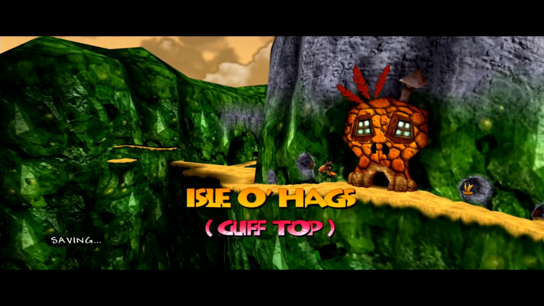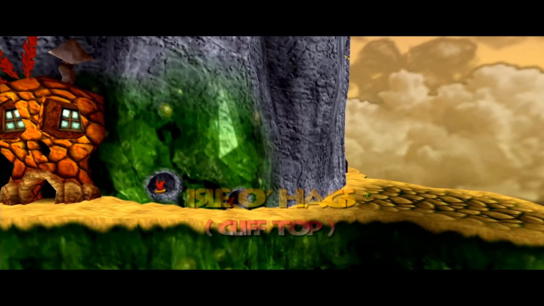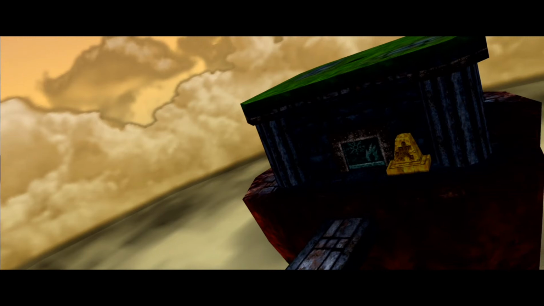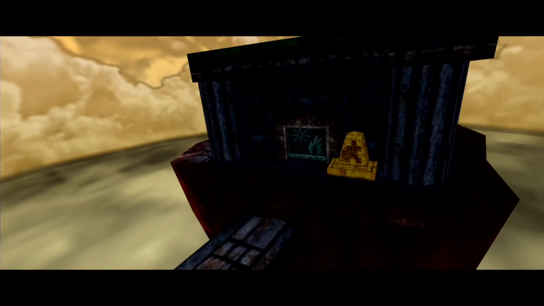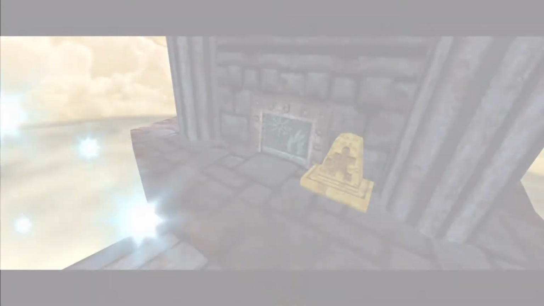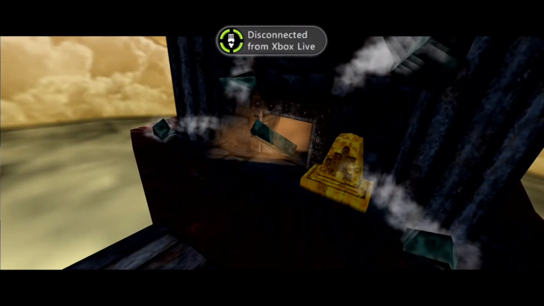And this will open up the next world, which has us ending up back in the Isle of Heeks. And it turns out, remember that bridge that we activated earlier? Well, we can now access it in this world right there. And this appears to be a culmination of...